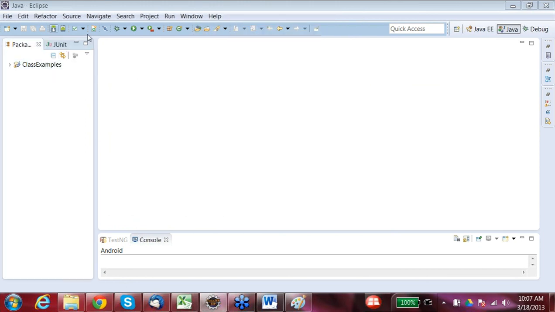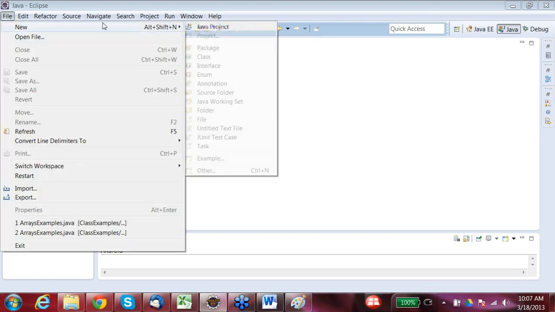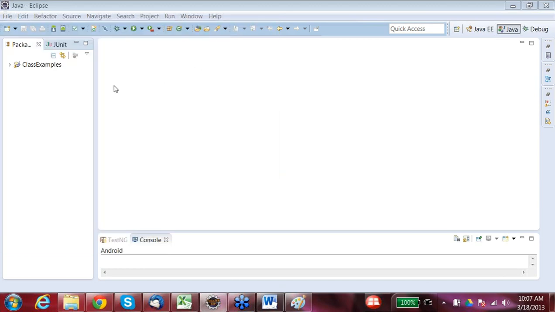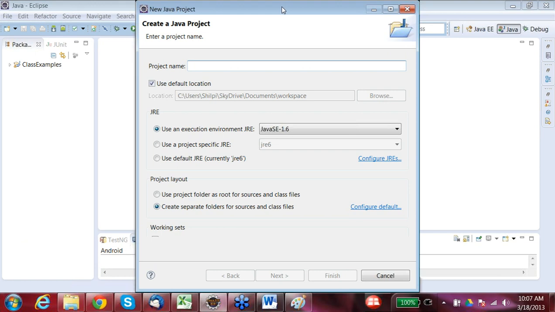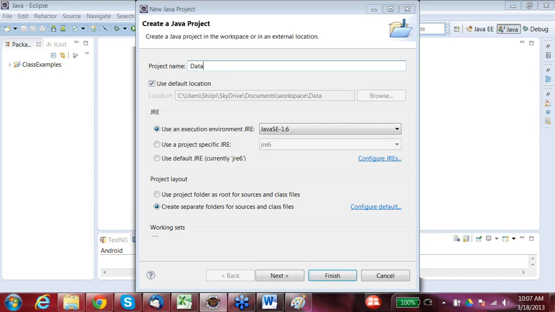Okay, so this is my working set. Then in this working set, I want to create a new project. So let's say I want to create a new project, and I want to give it the name data structures.